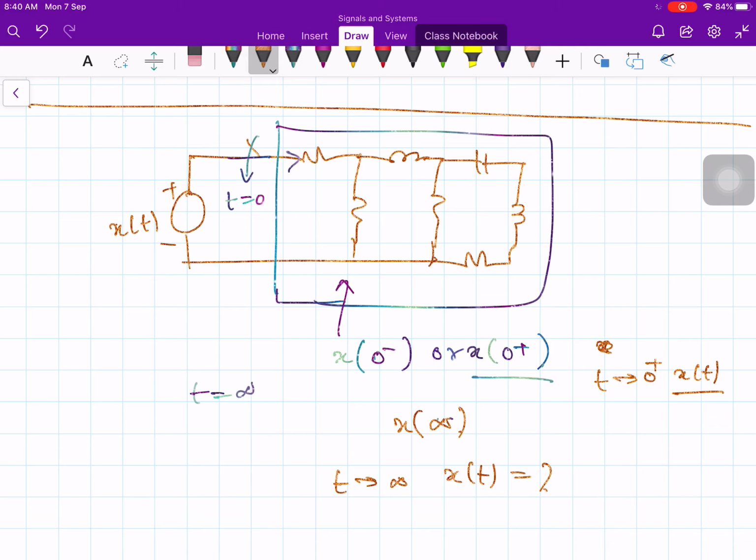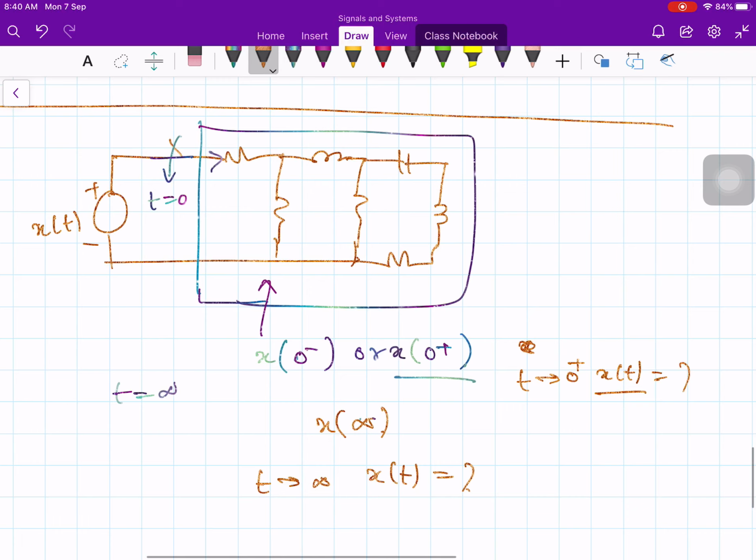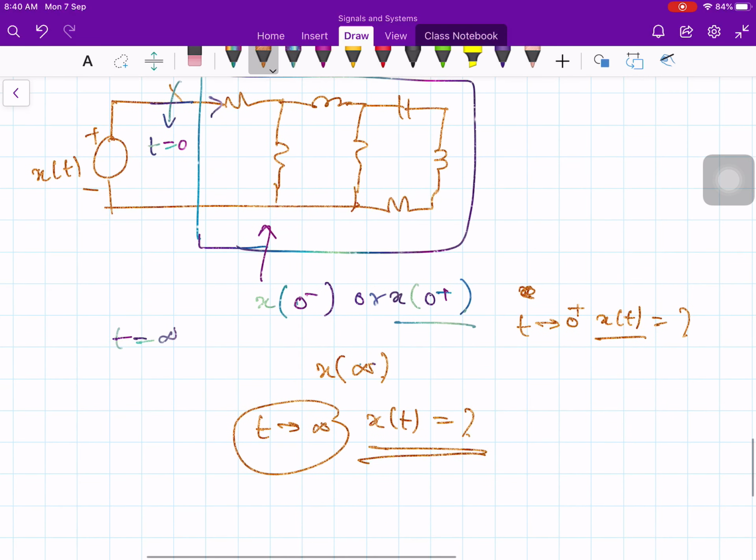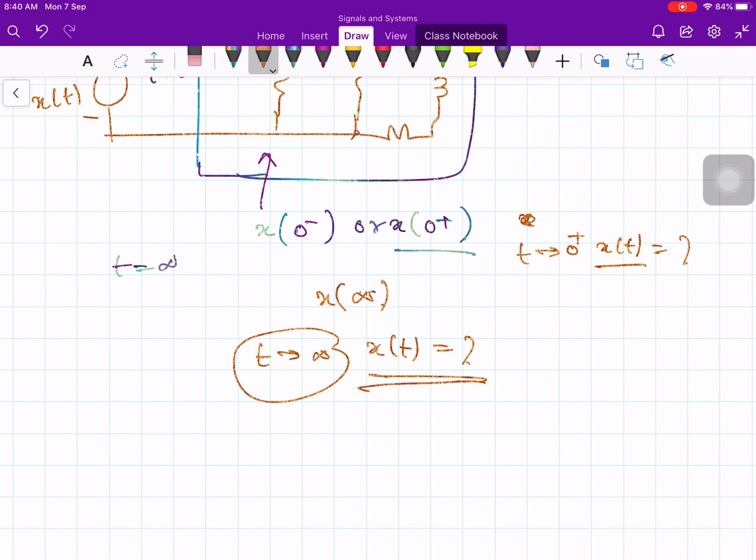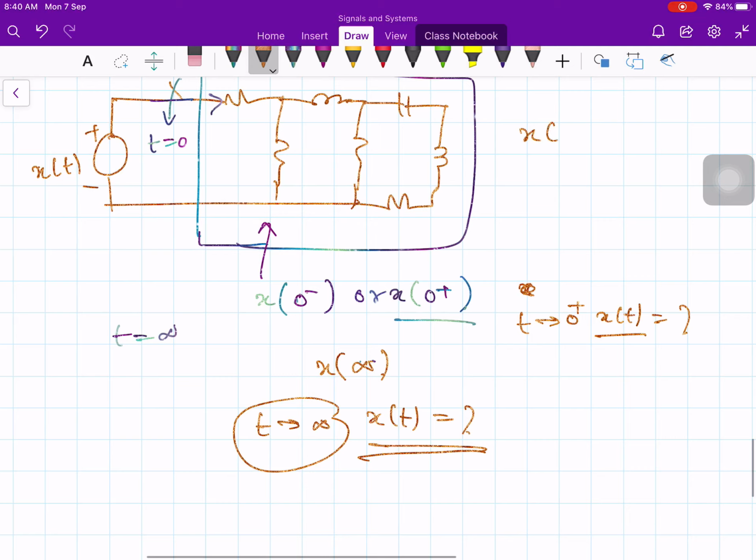So you would like to know that, and you close the switch and wait for maybe a year or 2 years or 100 years, and then you want to know the value of x of t. When I say infinity, it does not mean an infinite duration; it is a relative term. It can be 1 hour or 2 hours, that will be sufficient. So in that case we may not be able to evaluate this x of t completely. So, how do you get x of t? By taking the inverse Laplace transform of x of s, then you have to do partial fraction expansion, we will see that. So, it is taking a lot of time.